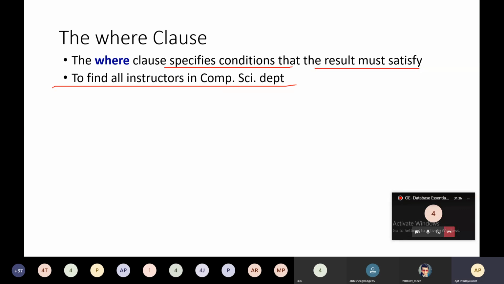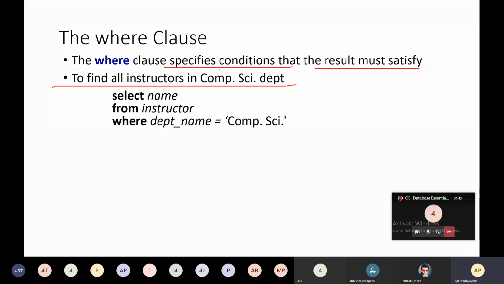You have to mention what you need here. In the query, you have to find the instructor, so you need to mention the attribute name, and from the relation instructor.